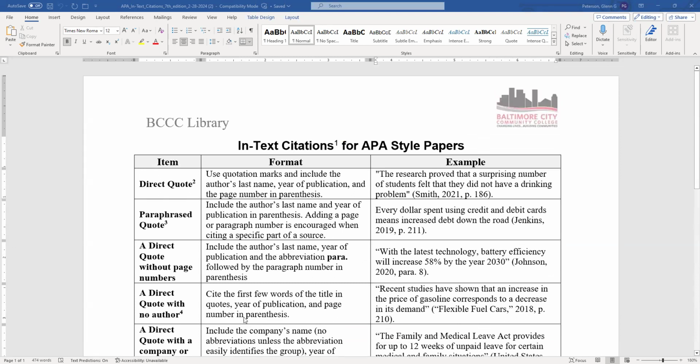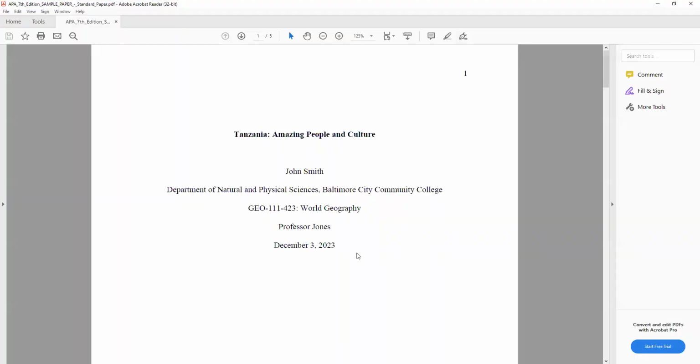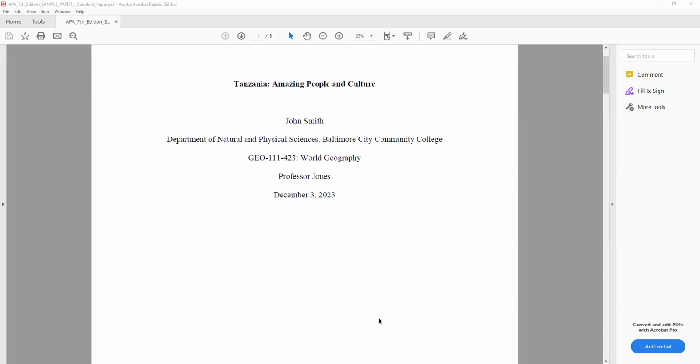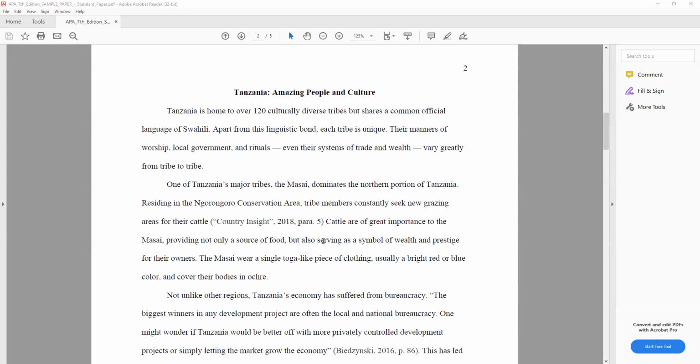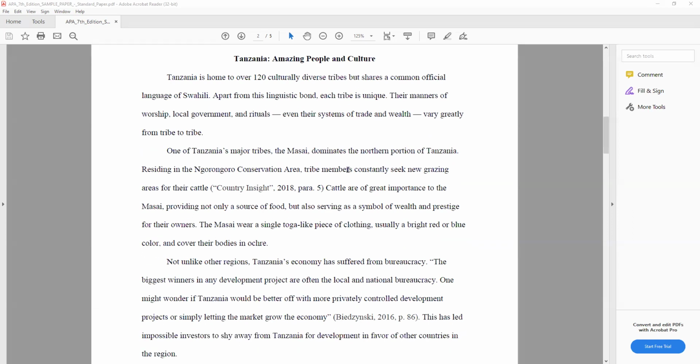Now, let me show you what an actual student's paper looks like, and I'm going to share it with you. And here you go. This is a paper on Tanzania. There we go. And there's the cover page. It looks pretty good. I'm now on the second page. Notice there's the title at the top and everything is great. Take a look